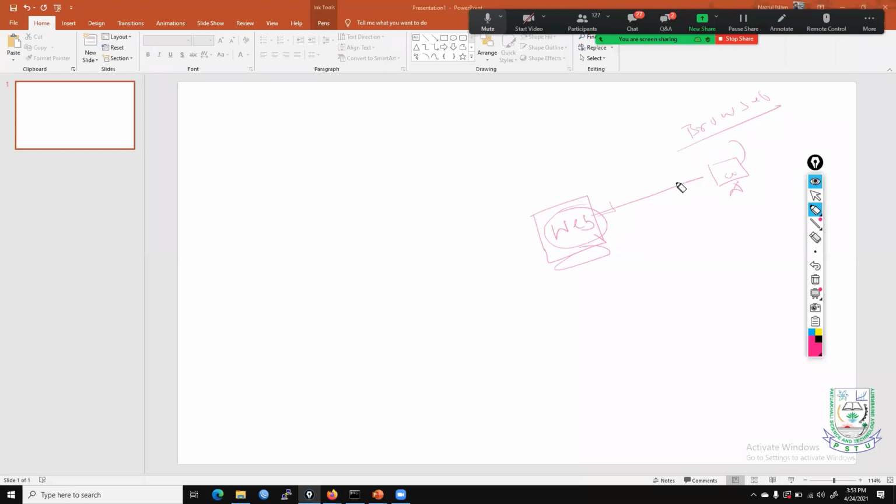And we can use the HTTP protocol to access this web server, or we can use HTTPS, right? That adds security, but we are now talking about HTTP. HTTP is at layer 7. In order to achieve the maximum efficiency,